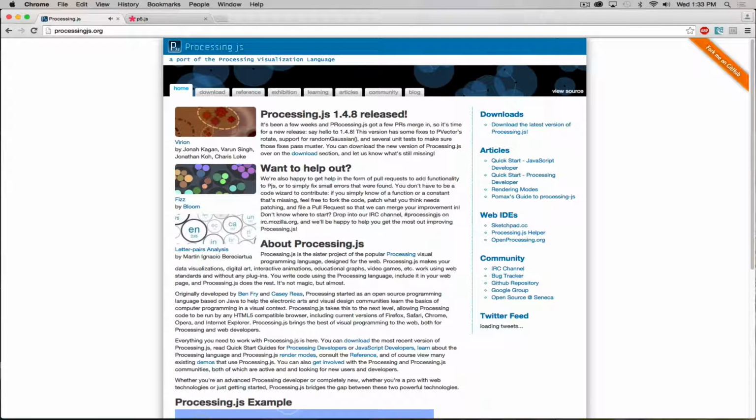To publish our processing projects out of processing and get them running on a web page and not requiring the Java plugin, we really have two solutions available to us. One is processing.js, which means we really don't have to change one line of our code, and it will work,